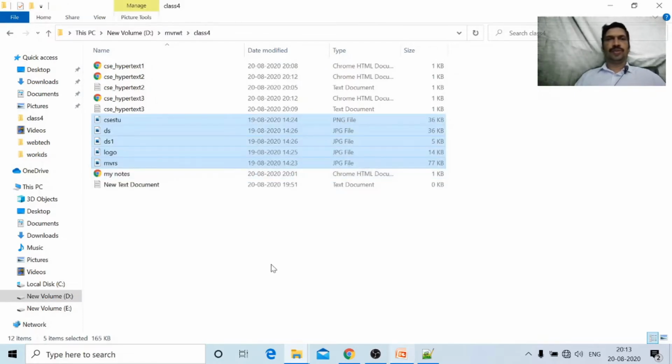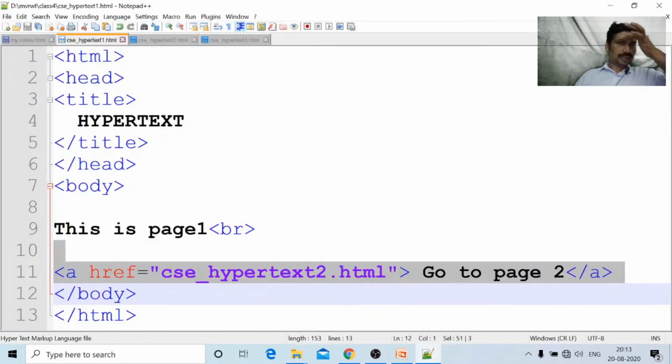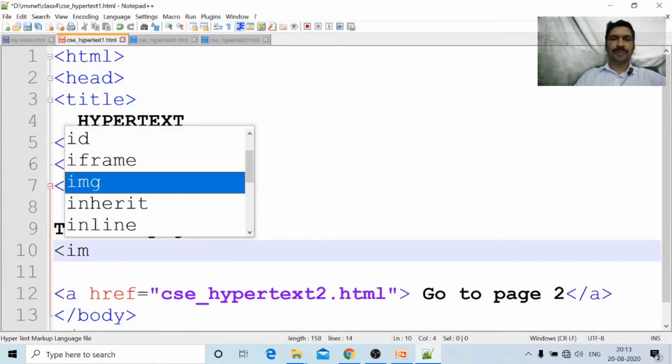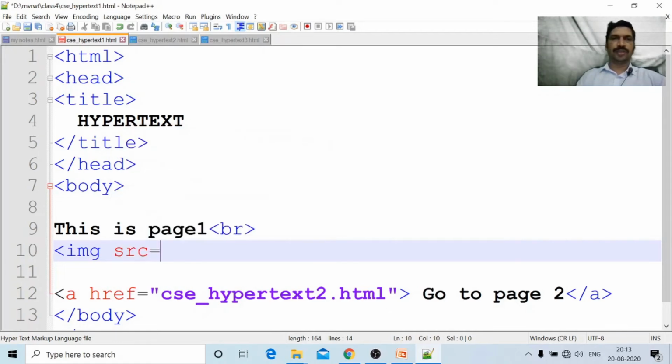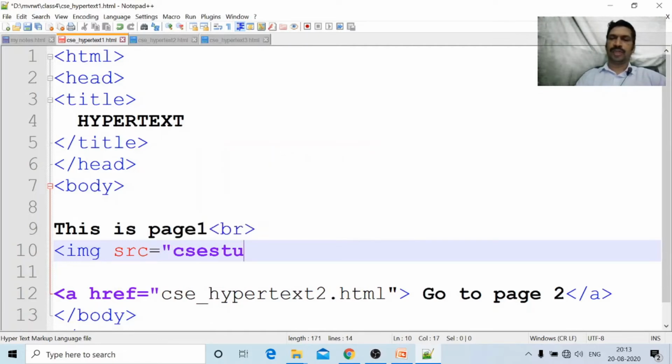Okay, cscstu.png. In page 1, I am placing the image. An image can be placed using the image tag, src equal to cscstu.png, because this file is available in this folder only.